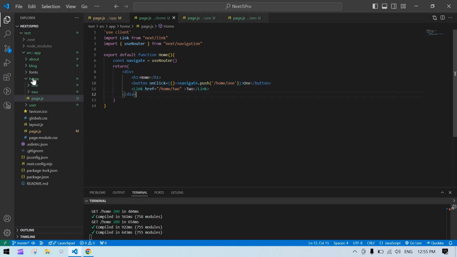Hello everyone, in this video I'm going to tell you how to create a dynamic nested routing in Next.js. In my previous video I explained how to create a nested routing in Next.js. So while I created this home routing, now I'm going to add a dynamic nested routing. Okay, it is already nested, right? So I'm going to add a